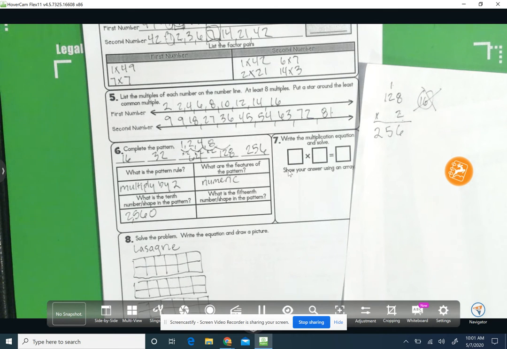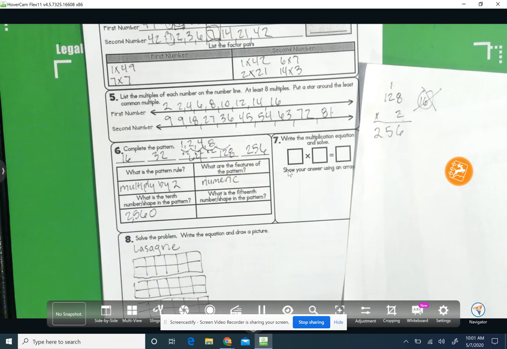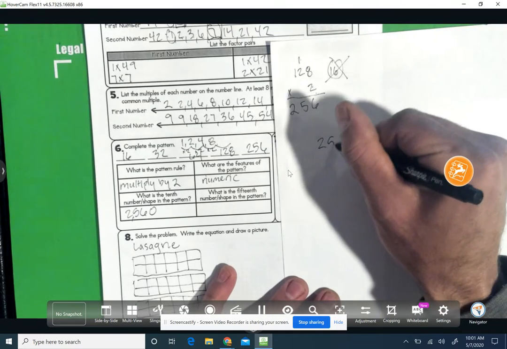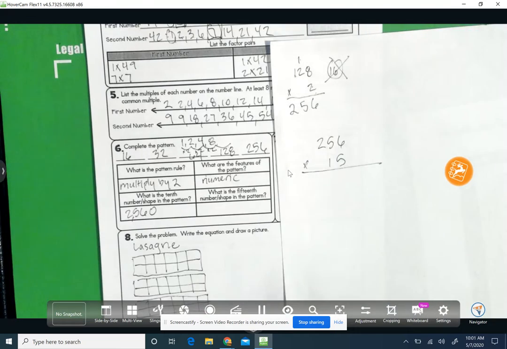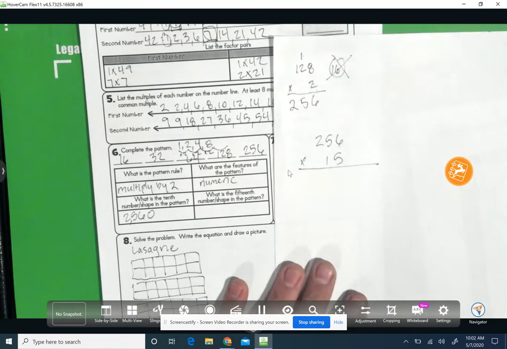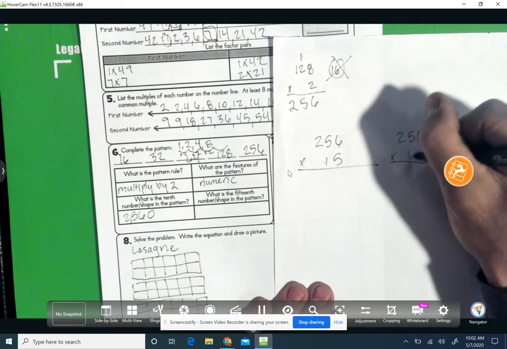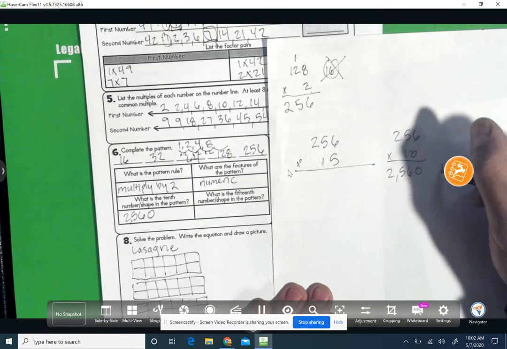And then the 15th number in this pattern. So we are essentially multiplying 256, what we know, okay? We can multiply it times 15. We could keep multiplying it times 2. But in this case, we can take 256 and multiply it times 15. How can we do that? We don't multiply 3-digit numbers times 2-digit numbers. Well, in this case, you have 256 times 10, okay? And we know that that's 2,560 plus